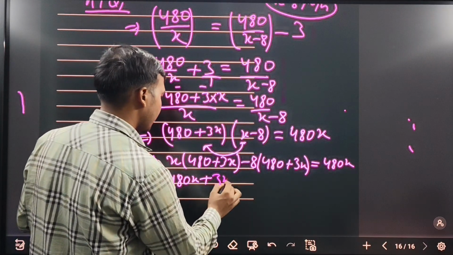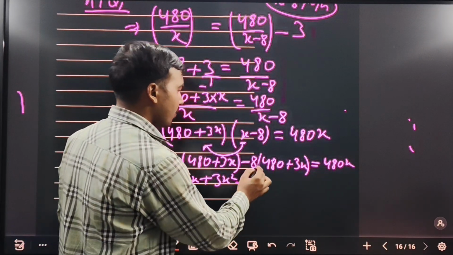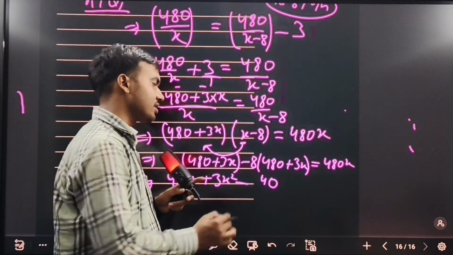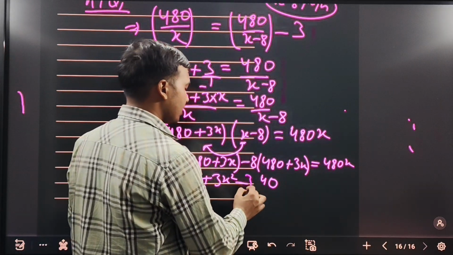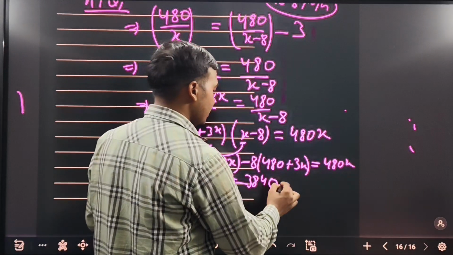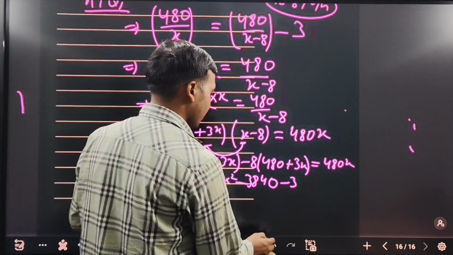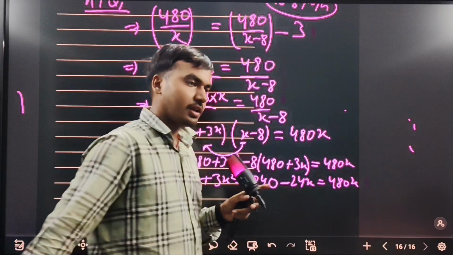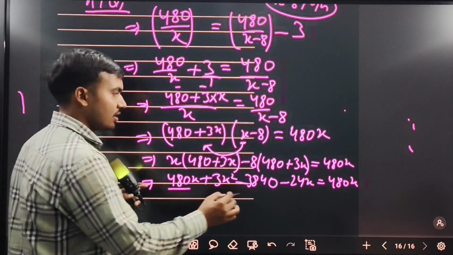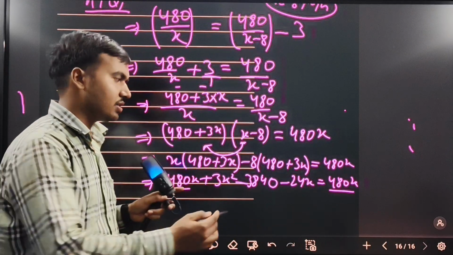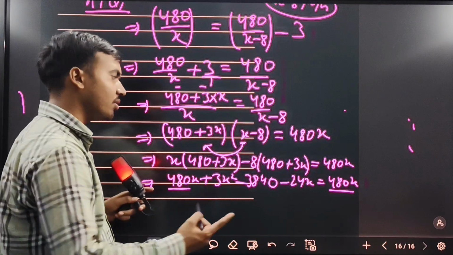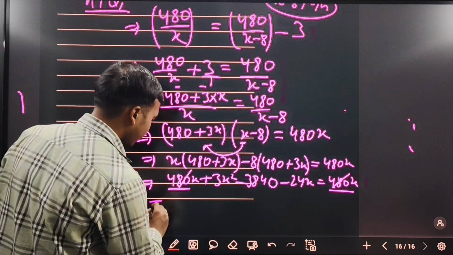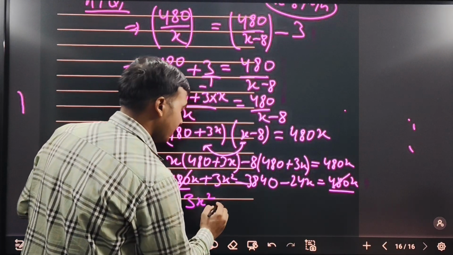Okay, so on solving it, 480 into x, we will get 480x plus x into 3x, you will get 3x square, and on multiplying 480 with 8, 8 0s are 0, 8 8s are 64, carry 6, 8 4s are 32, and 6 is 38, and 8 3s are 24, minus 3840 minus 24x is equal to 480x. Here you can observe that 480x and 480x are on the right hand side, so when it comes to the left hand side, it becomes negative 480x, so it will cancel out. So you will get finally 3x square